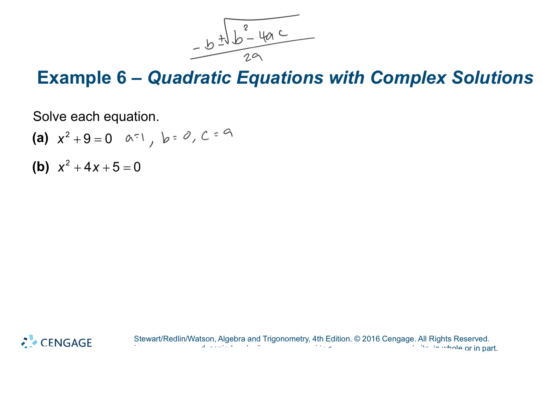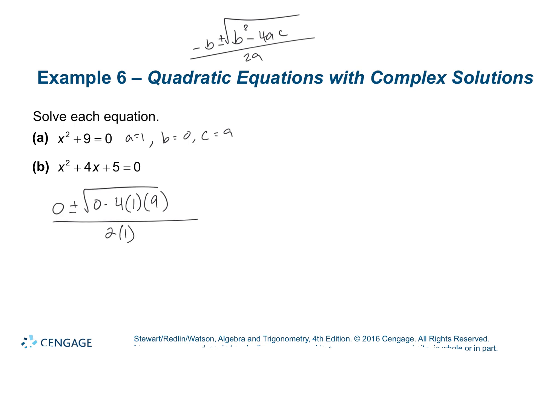Now, it doesn't have anything written for b, which would be the bx. So wherever there's a b, we're going to plug in 0. Remember, the only number that cannot be 0 is a. Everything else is fair game. So let's plug it in. So negative b, so negative 0 or just 0, plus or minus the square root of b squared, which is 0, minus 4 times 1 times 9, over